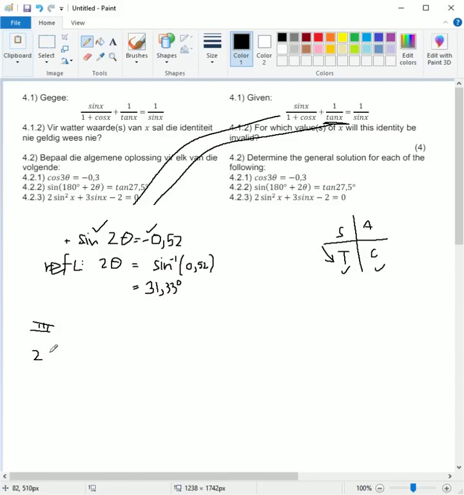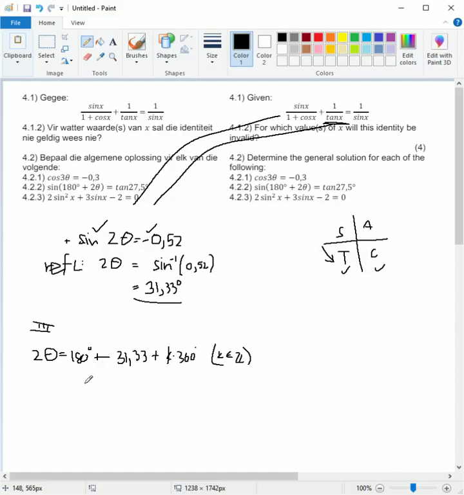So we'll say 2 theta equals 180 degrees plus your reference angle, which is 31.33, and we are dealing with sine, so it's plus k times 360. 360 is the period of your sine function, and you must tell me k is an element of the integers. Great, that's easy. This goes into your calculator, so